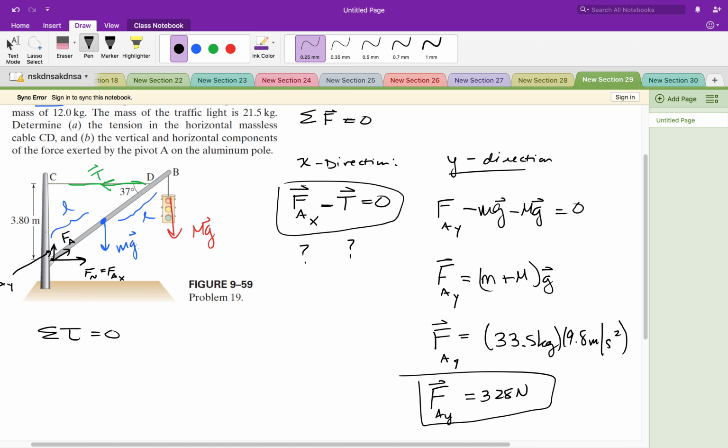So bear with me here. This is where it gets a little tricky. Not that tricky, but a little interesting. I'm going to call those L, and I'm going to call this distance here R. So we have this triangle, I'll get into that in a second. We're going to have RT, because it's distance times force times the sine of the angle between them. The angle between them is 37 degrees, so times sine of 37 degrees, minus, so this torque is MGL,